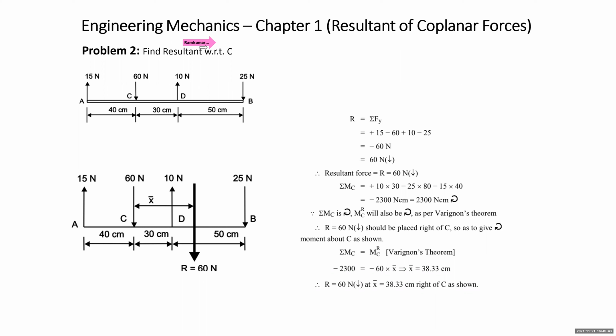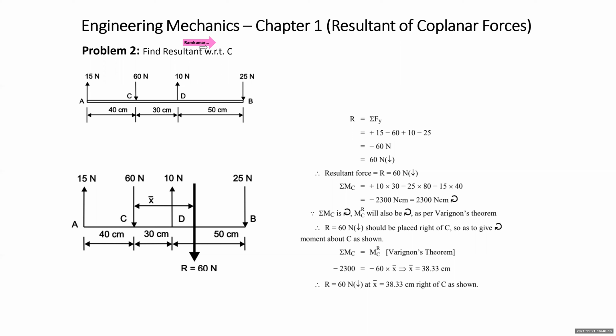क्यों नहीं लेते हम reference point को बीच में? सर बीच में से डिस्टेंस मेजर करना थोड़ा प्रॉब्लमेटिक होता है. एक इस बाजू से मेजर करो या उस बाजू से मेजर करो. अभी लाइक फॉर एग्जांपल, व्हाट इज द टोटल लेंथ ऑफ दिस बार? 40 सेंटीमीटर प्लस 30, 70 प्लस 50 इज 120. तो सपोज मैंने रिजल्टेंट A से निकाला, 120 सेंटीमीटर इज लेंथ. सपोज रिजल्टेंट A से आया 80 सेंटीमीटर राइट ऑफ A. अब टोटल लेंथ कितनी है बार की? 120. सपोज आपने B से सॉल्व किया तो B से कितना आएगा? 40 सेंटीमीटर लेफ्ट ऑफ B. तो पोजीशन रिजल्टेंट विल नॉट चेंज, only its distance will change from A or B.